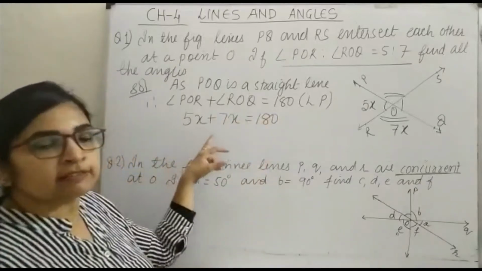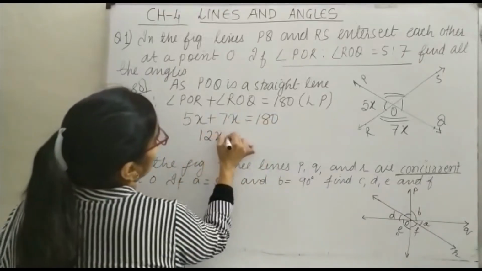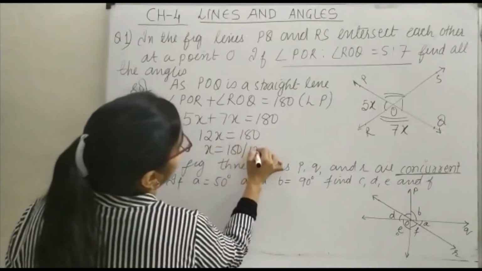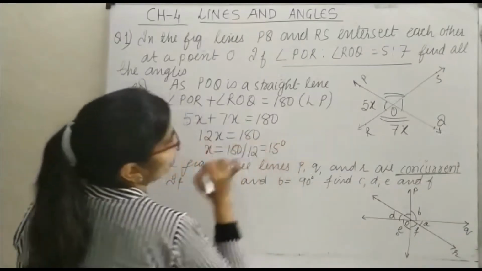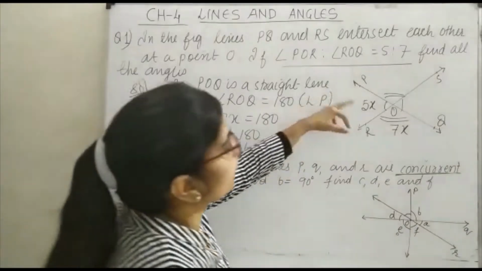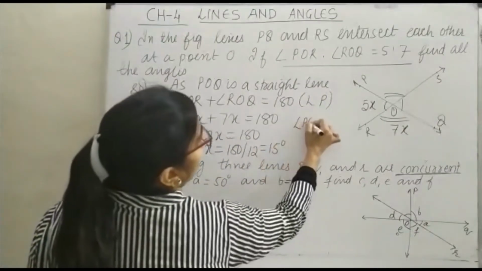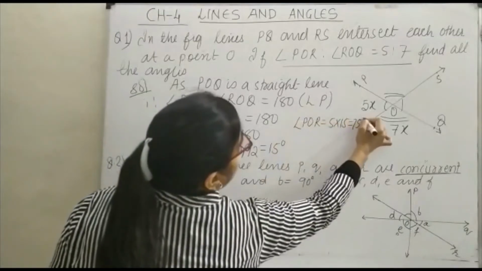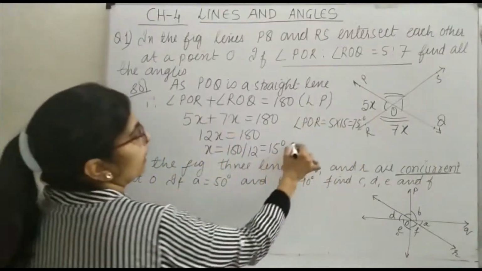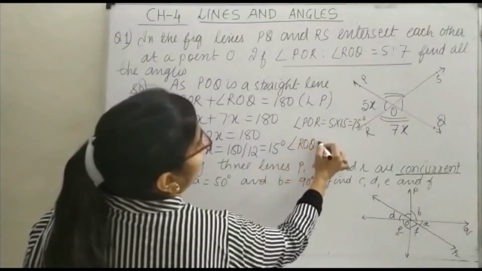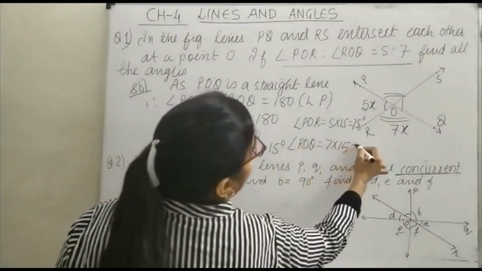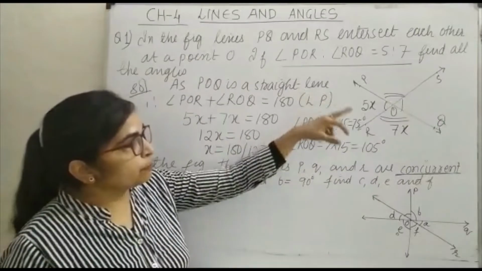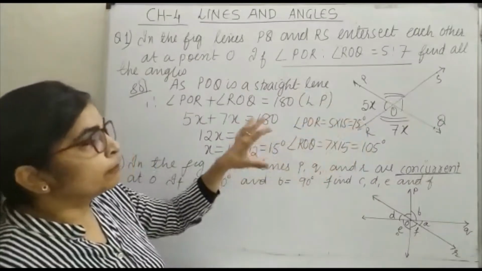Now 5x plus 7x, that is 12x, is equal to 180 and x is equal to 180 divided by 12, that is 15 degrees. Now you can see angle POR is equal to 5 into 15, that is 75 degrees, and angle ROQ is equal to 7 into 15, that is 105 degrees. So we have worked out angle POR and angle ROQ, but we have to work out